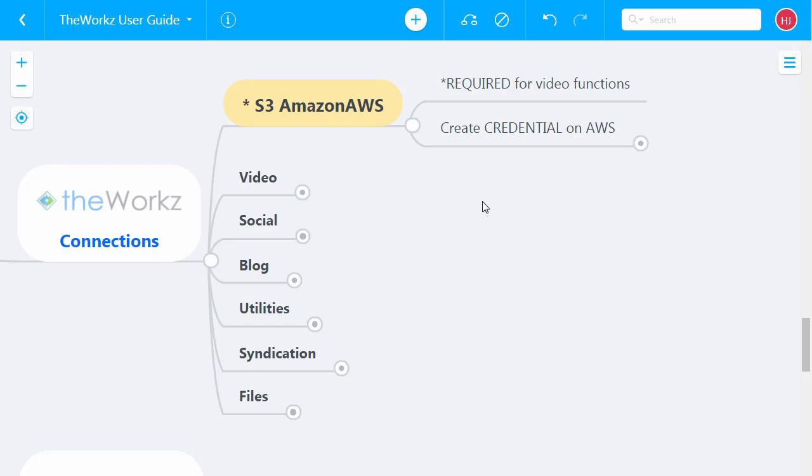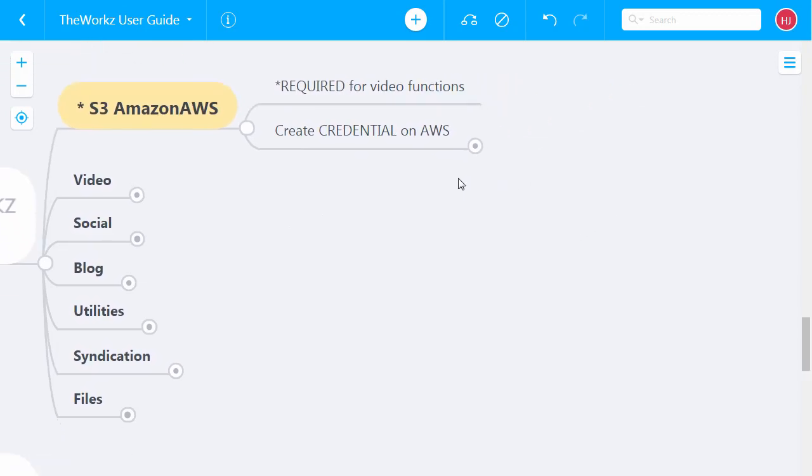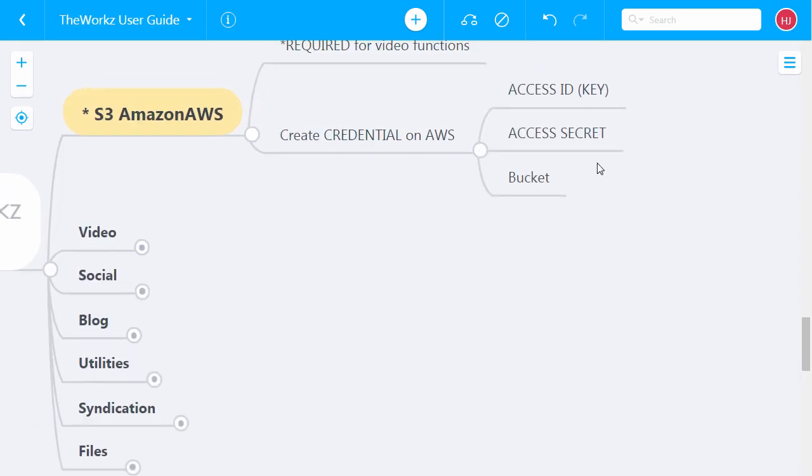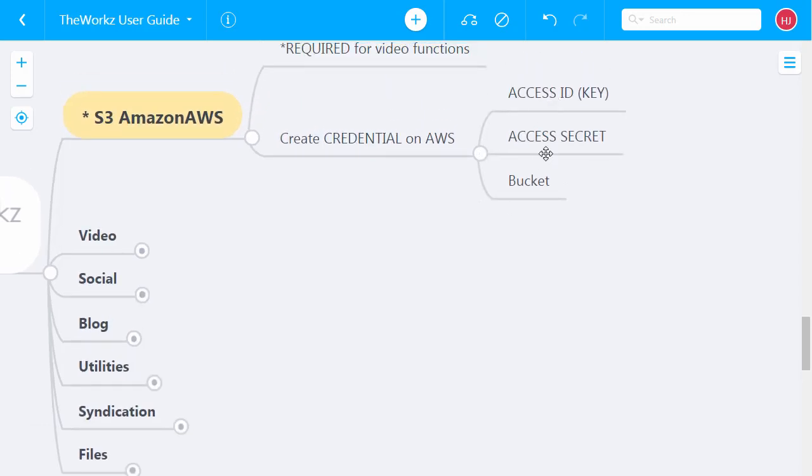And I'm going to give you some drill down training on how to create this S3 credential, but what you're going to need is the access ID, the access secret key, and then you're going to have to create a bucket in your account, and those three pieces of data are required to do the functions that we need to do. That's all.